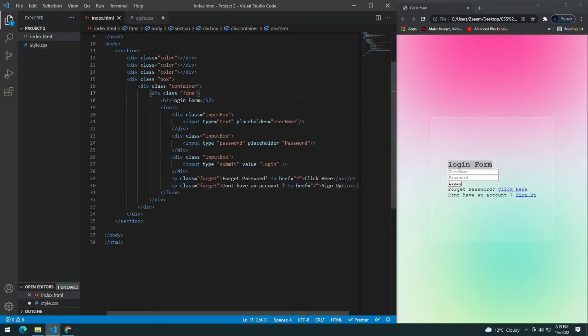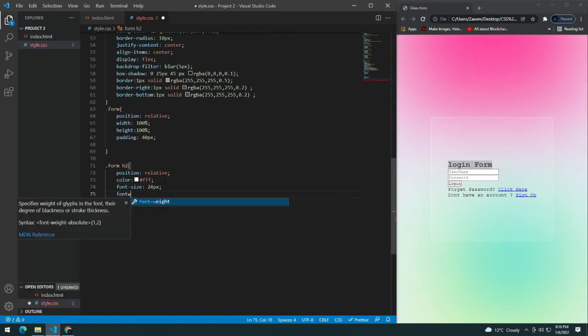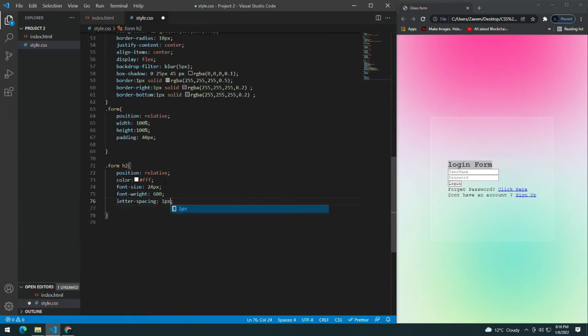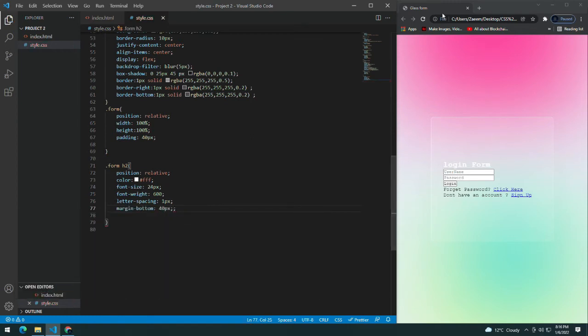you can see the form has an h2 tag. So dot form dot, or I don't need a dot, I can simply write h2 position relative, color #FFF, font size of 24 pixels, and a font weight of 600 to make it bolder. Letter spacing of 1 pixel as well between login form. Now you can see that I will be giving a margin bottom of 40 pixels in login form and username and